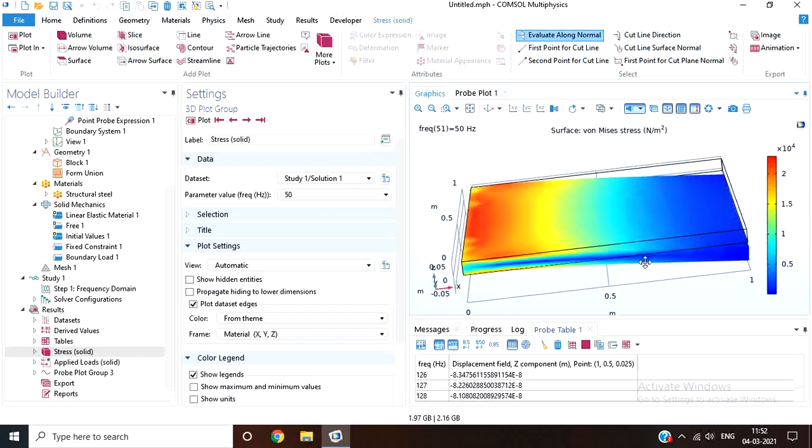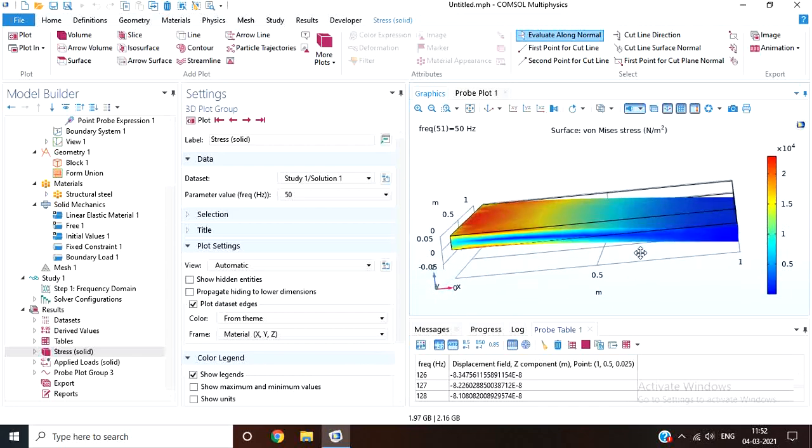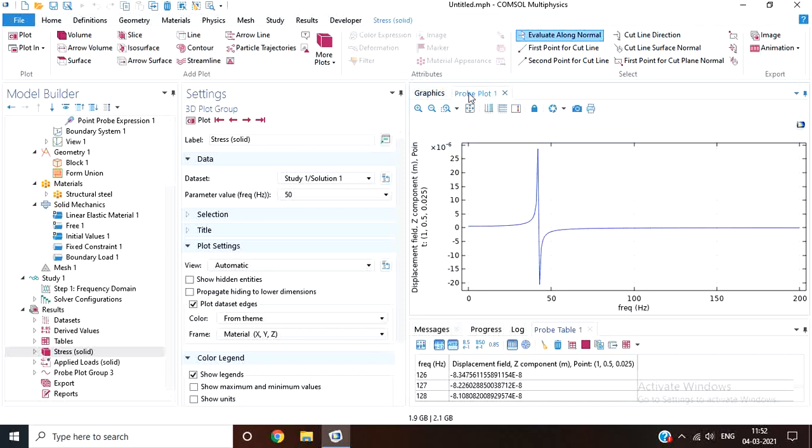So you can see this is near 50, where the resonance is occurring. So you can search for frequencies in the frequency table. You can see around 50 the displacement will be highest at a particular frequency. So it's less than 50. So you can see it's highest for 42 and 43.